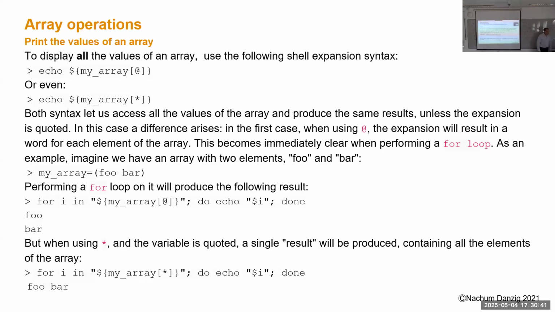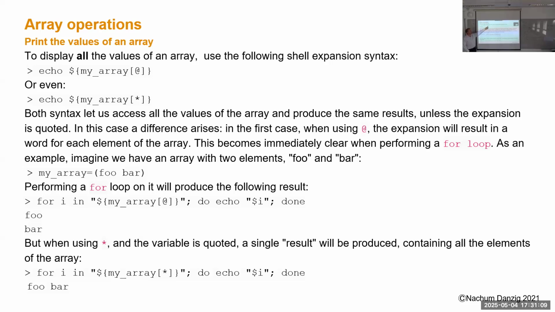Okay, so now we get into complicated stuff. To print the values of an array, to display all the values of an array, use the following shell expression syntax. So I can write echo, right? Now we're in the shell. The shell is a bash shell, so it's actually built for using bash programming. So I can say echo, in fact, this would be a command in a bash program also, echo dollar my